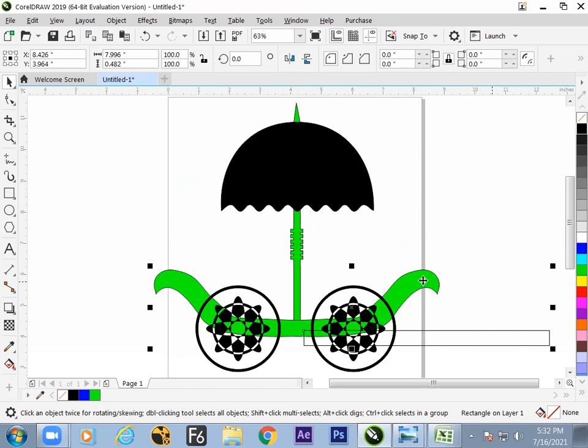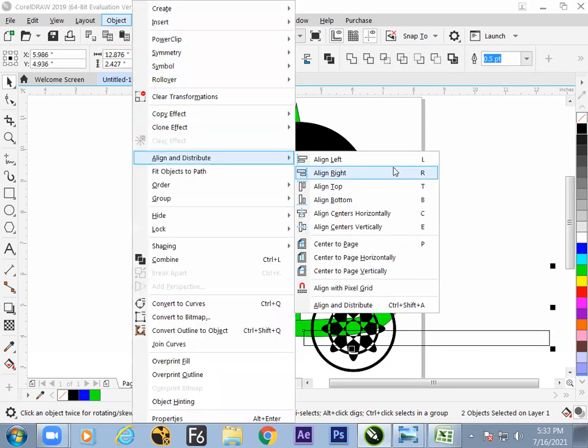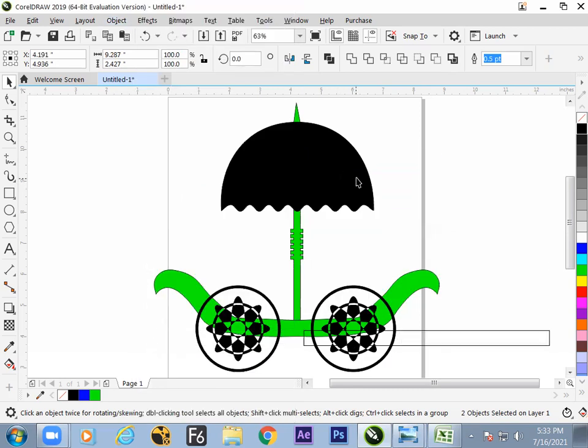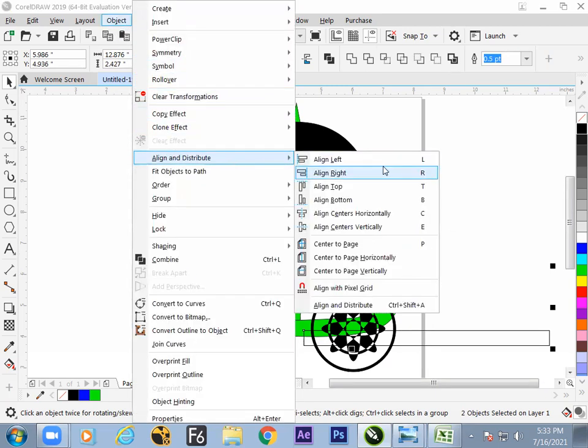Select the first object, select the second object. Now switch to the Object menu and tell the software to align. To whom do you want to align? Where do you want to align? All these hotkeys are there. Left align, right align, top align, bottom. So L, R, T, B are common. As per the name, it is there. So nothing to get tense about writing them down. L for left, R for right, T for top, B for bottom.